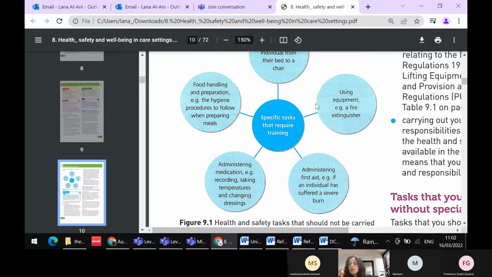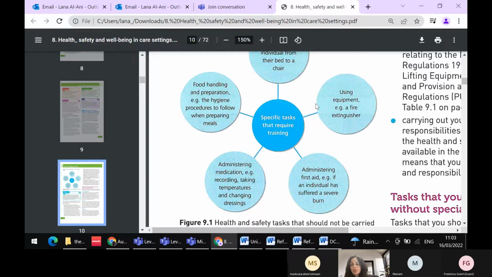Also the administering of medication. These medications should be recorded, and also if you do any recording, take temperature, or change dressing for the people, all this needs training. So when you first start, they need to give you proper training. You shouldn't be doing any medication, any recording for these medications, or any recording for the people. And also you can't take temperature for the people. You can't change their dressing